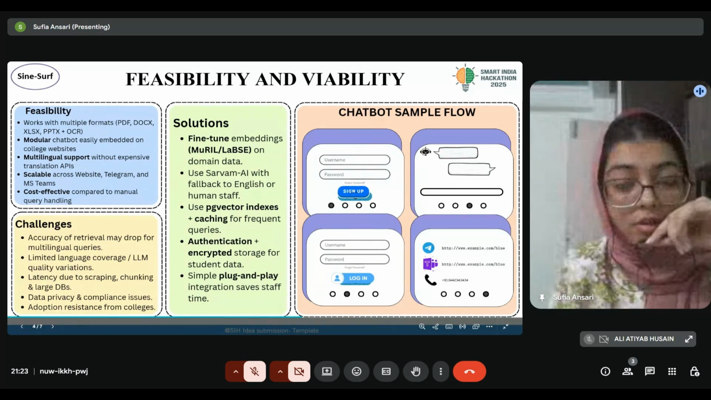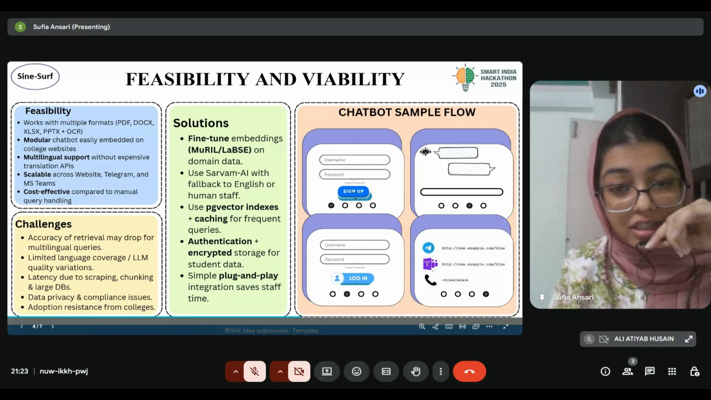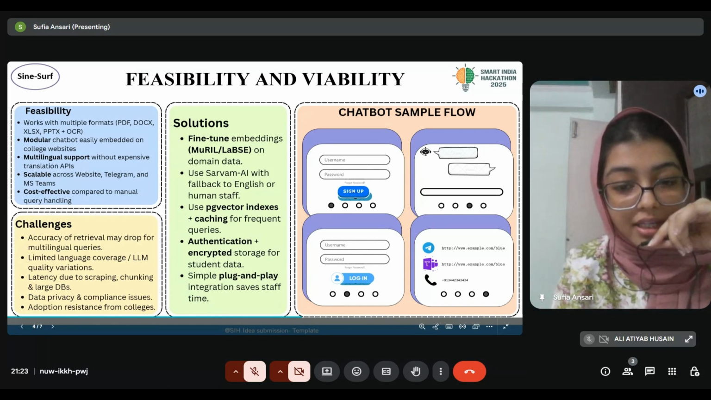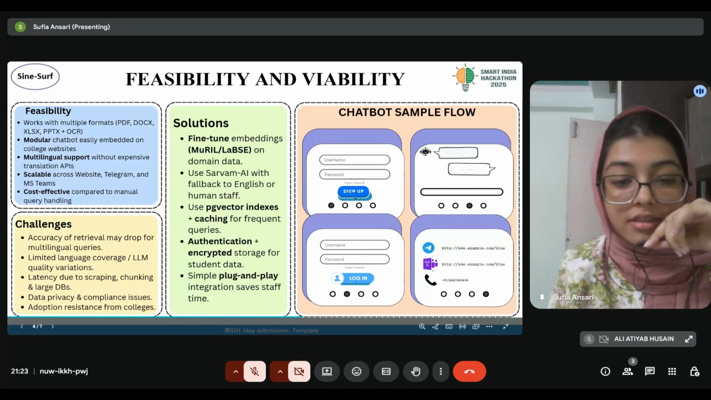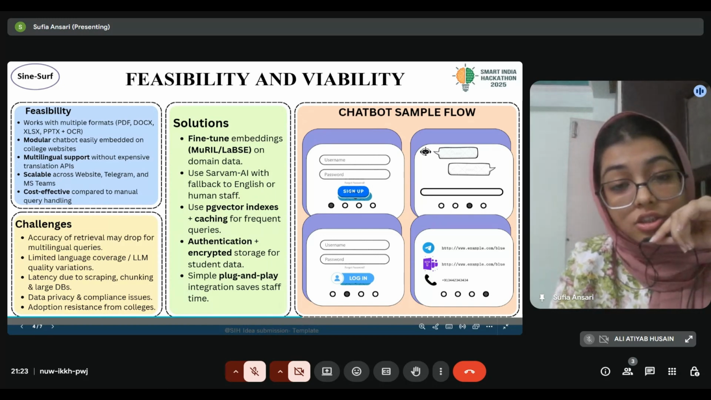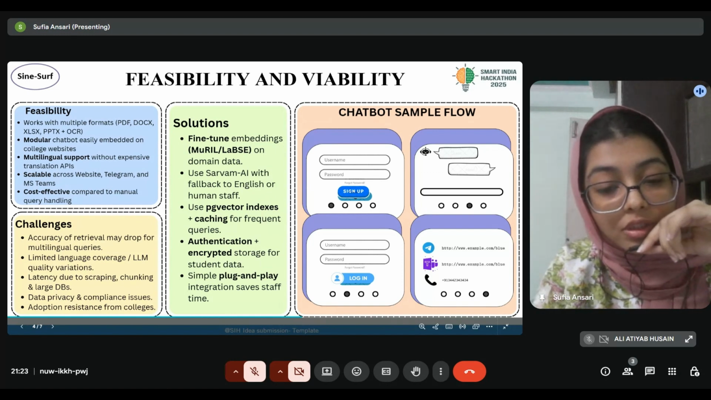And of course, there are challenges such as accuracy in multilingual retrieval, latency with large databases, and adoption resistance. But we address these with fine-tuned embeddings, caching for speed, fallback mechanisms, and secure authentication. This ensures the system is not only feasible